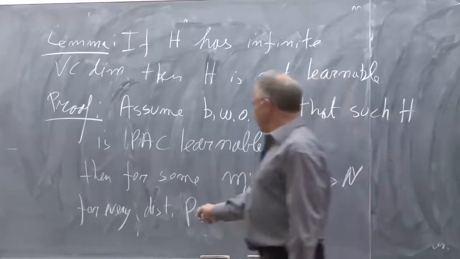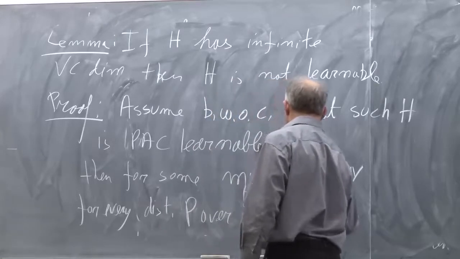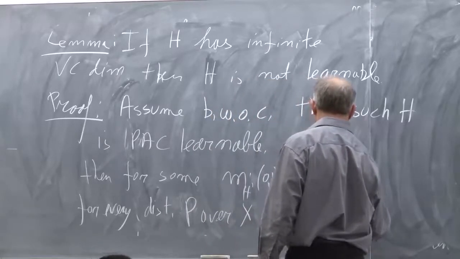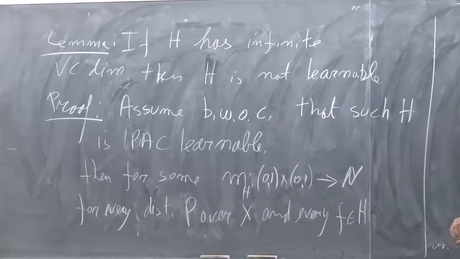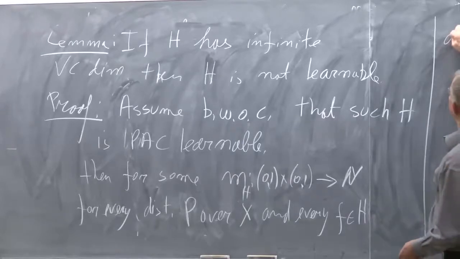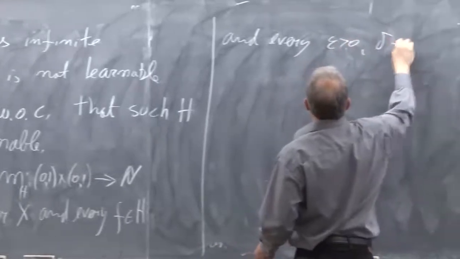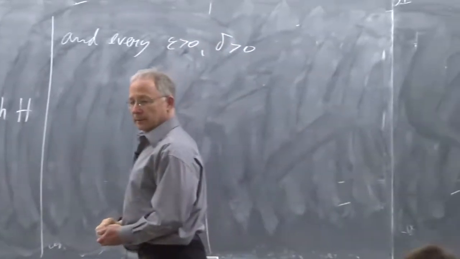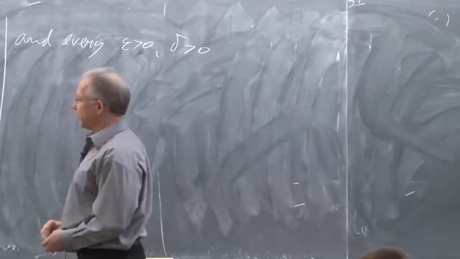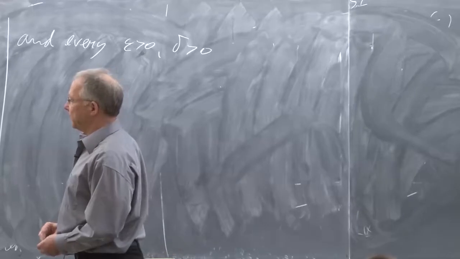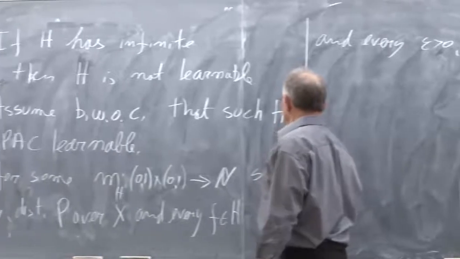So for every distribution P over my domain X, and every F in H, and every epsilon greater than 0, delta greater than 0, PAC learnable. What did I forget? Then for some H and some learner A,